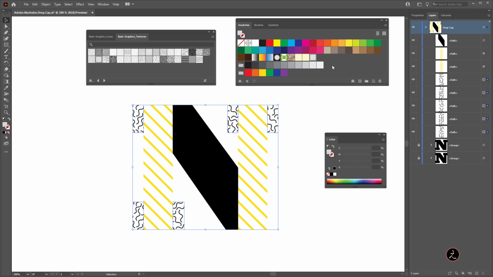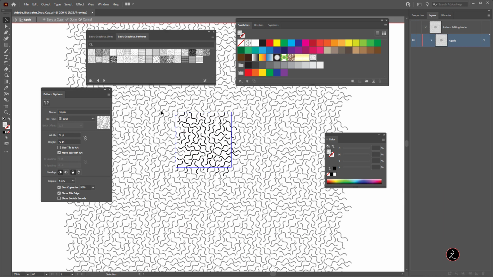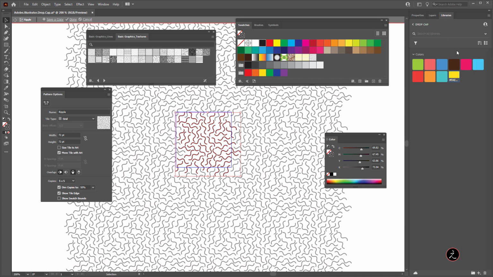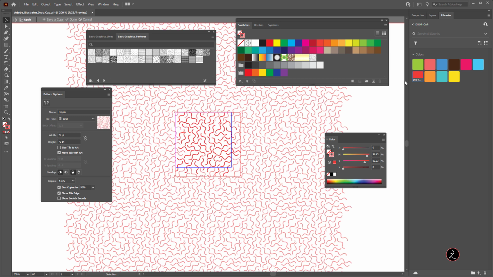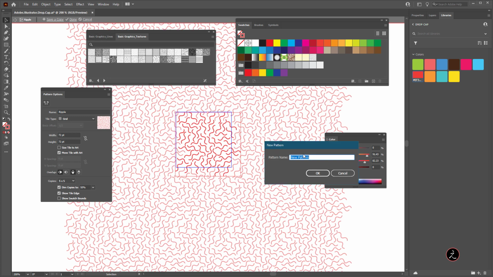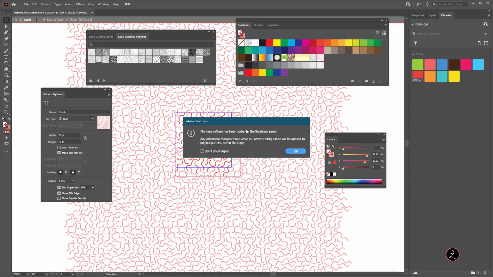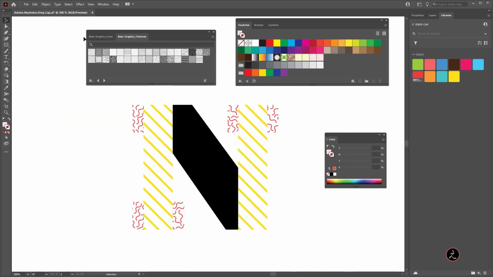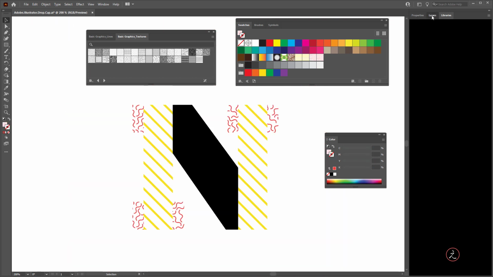See that? Again, we're going to double click inside the swatches panel since this has been added here. Double click to go inside the pattern editing mode, marquee select everything, make sure the stroke is up. I'm just going to change the color here to perhaps this color. There we go. Again, I'm going to save a copy. New pattern 2. New pattern has been added to the swatches panel. Here it is. Click OK. Click done. Great. What else can I do?